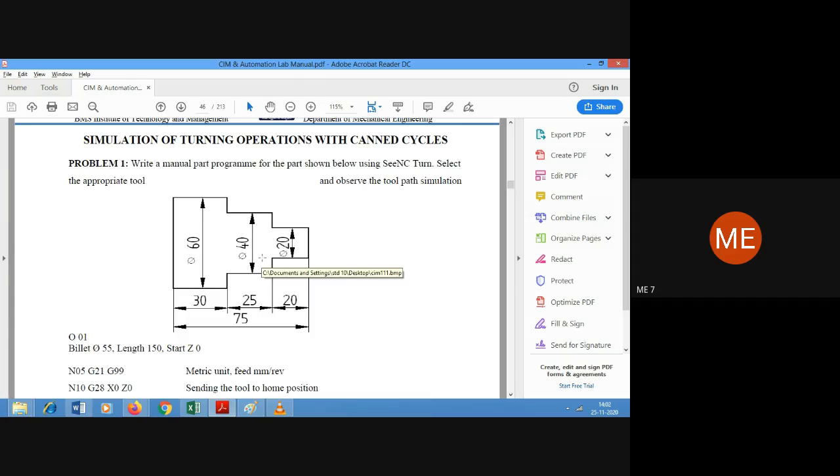We already have this diagram, a stepped bar with the smallest diameter of 20 mm for a length of 20, the next diameter of 40 mm for a length of 25 mm, and the next step of diameter 60 mm for a length of 30 mm. So the overall length is 75. This is what we have to machine, so we have to draw this diagram and generate the CNC program. We'll see that today.